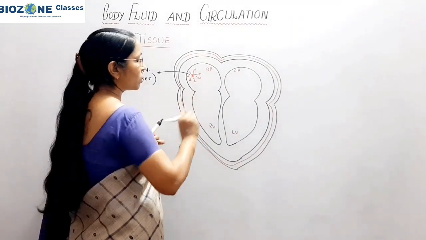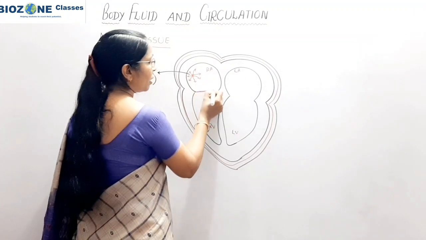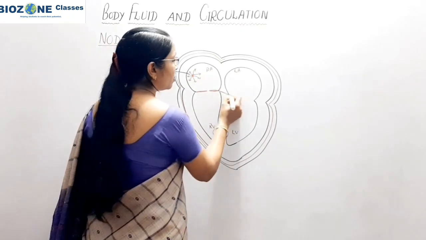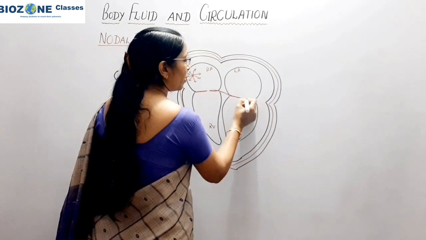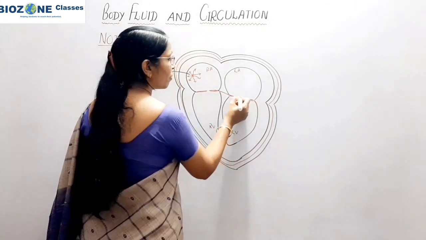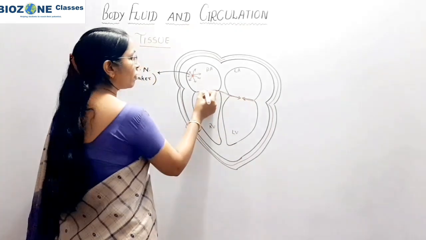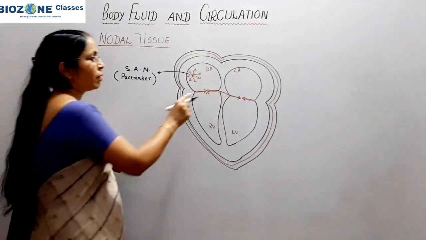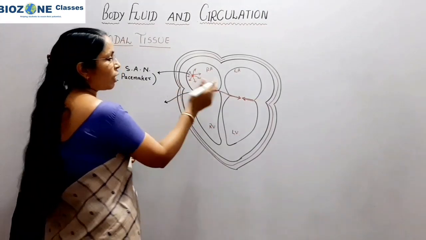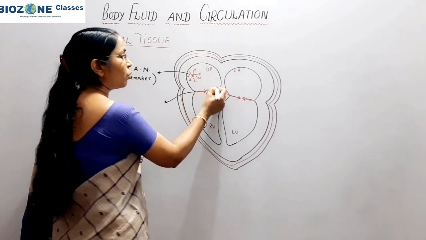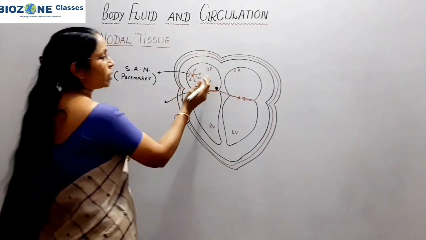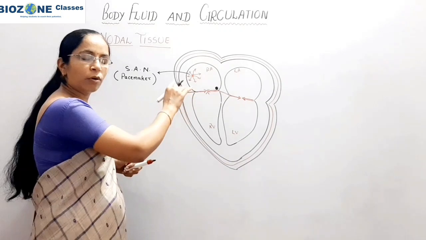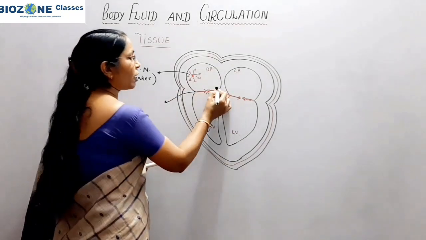Now this is the transverse septum, as we already studied, and this transverse septum is called the atrioventricular septum. Here bicuspid valves are present, and here, as we studied, tricuspid valves are present. Clear? So this is the transverse septum, and at this transverse septum another nodal tissue is present. This nodal tissue is slightly towards the left side of the right auricle, and it is located on the transverse septum.